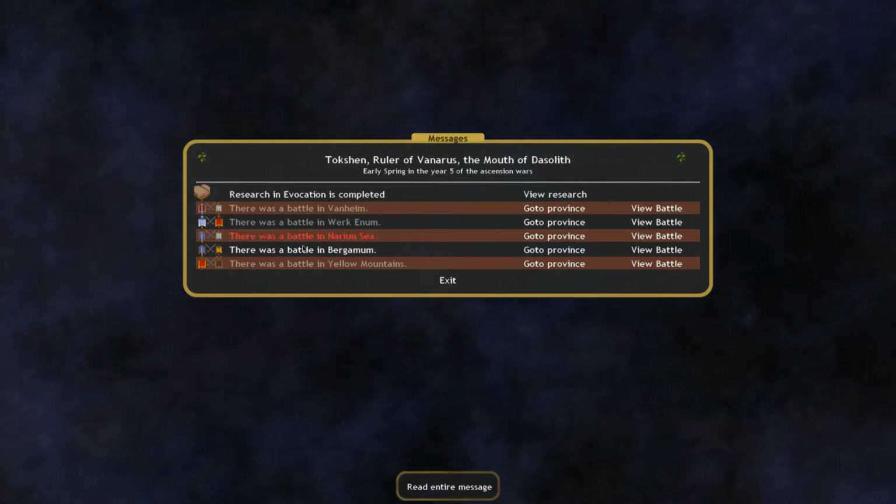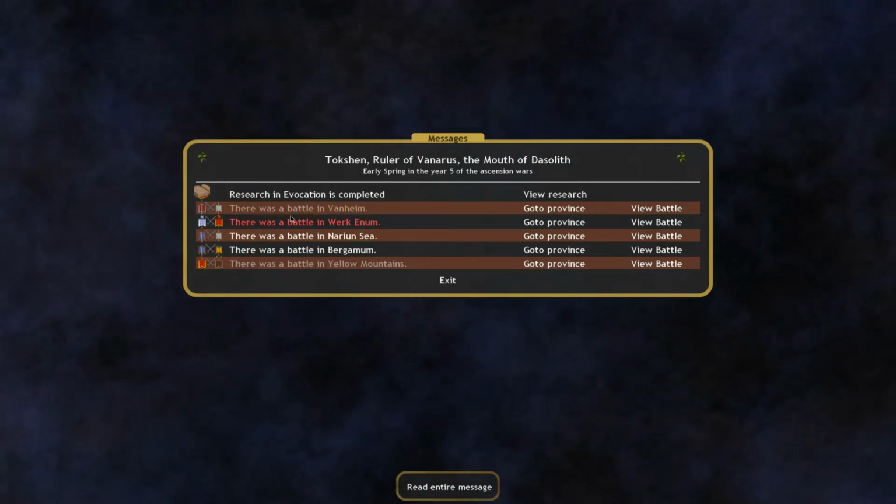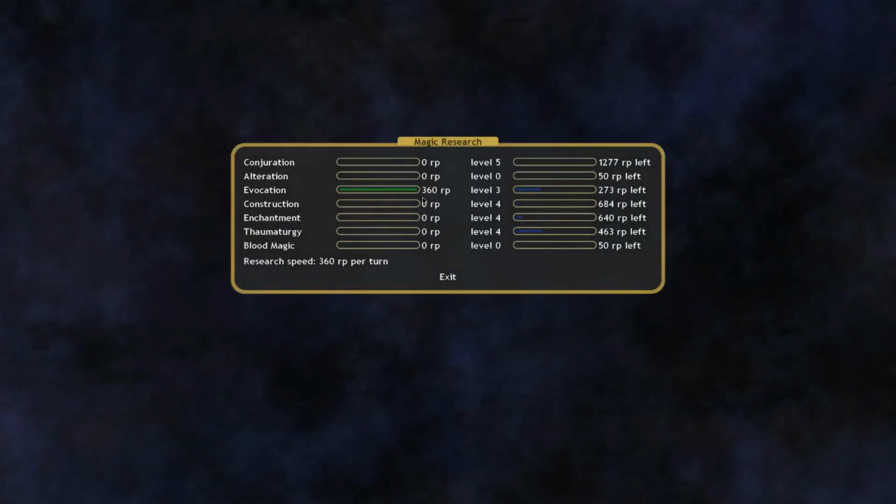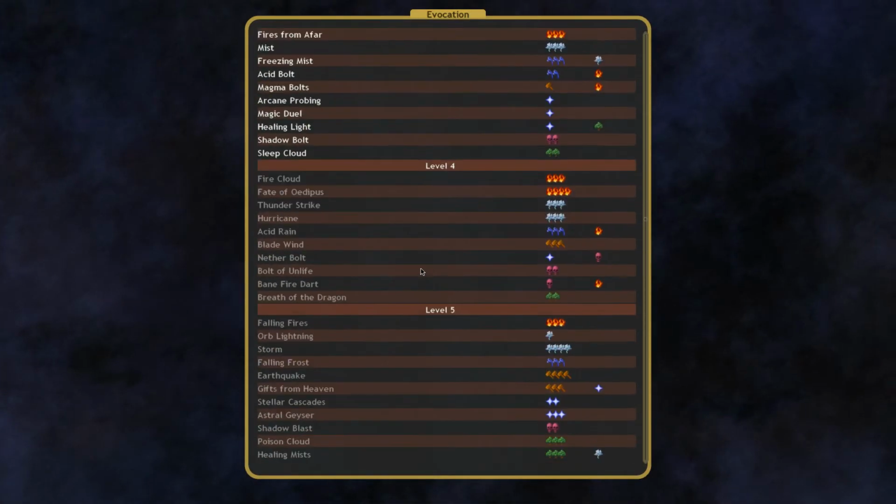We're at the start of a new turn, so let's go through the battles and events. Looks like there was actually quite a few battles going on. Our research in evocation has been completed. We are now at level 3. And,